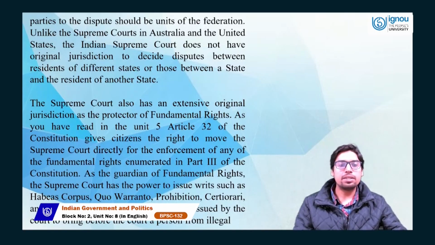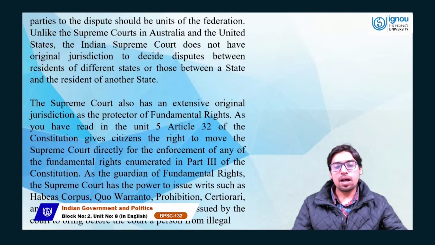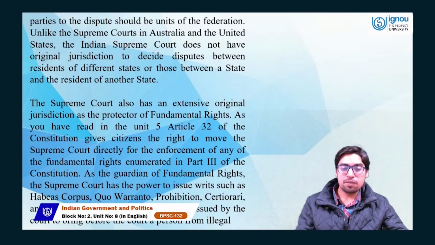As you have read in Unit 5, Article 32 of the Constitution gives citizens the right to move the Supreme Court directly for the enforcement of any of the fundamental rights enumerated in Part 3 of the Constitution. Now, as the guardian of fundamental rights, the Supreme Court has the power to issue writs such as habeas corpus, quo warranto, prohibition, certiorari, and mandamus. Habeas corpus is a writ issued by the court to bring before the court a person from